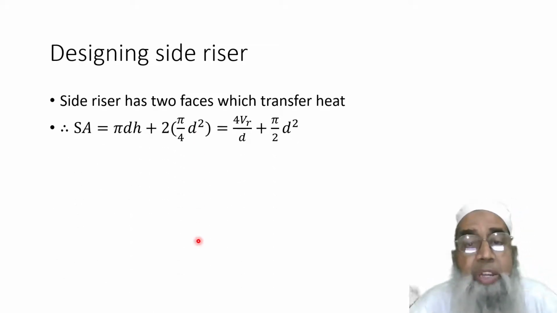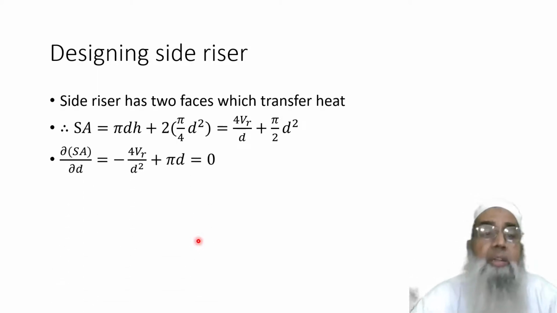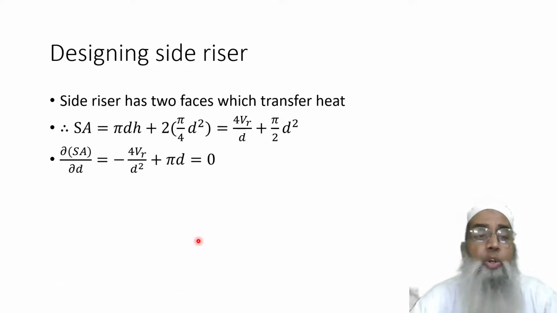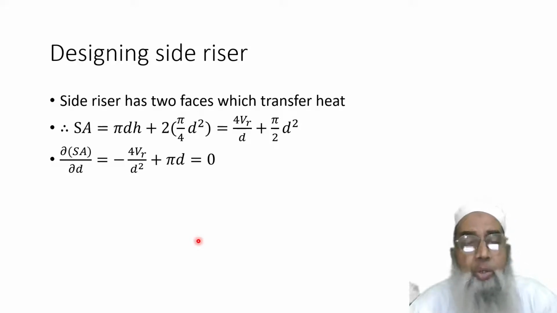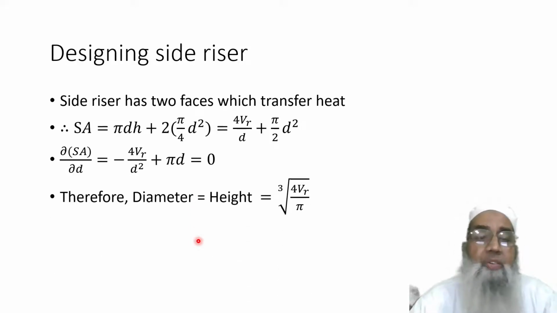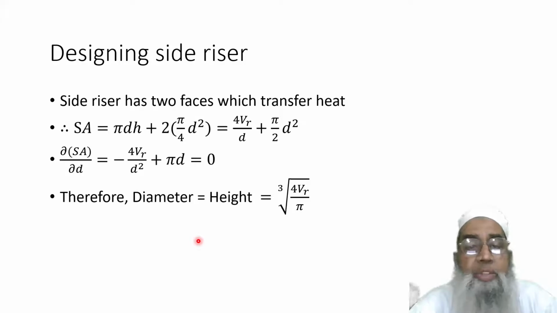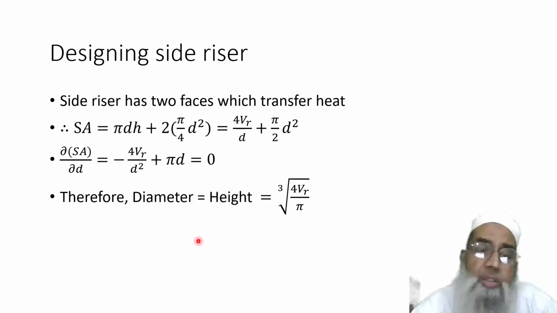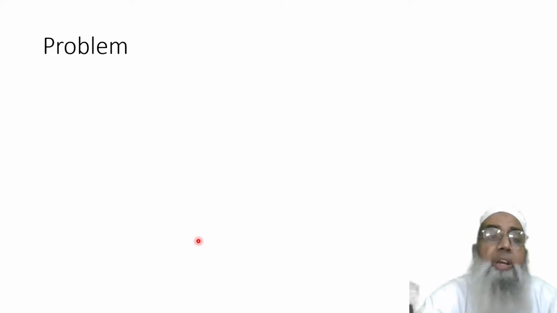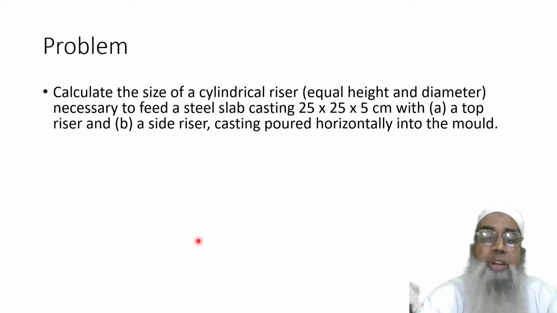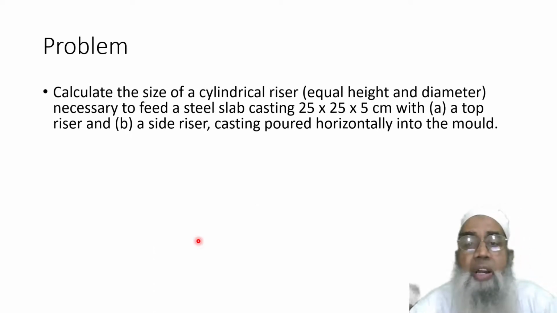Surface area can be given by this equation, and to have an optimum value, we differentiate it with respect to D and equate it to 0, we can find out the value, and by putting this value into that equation, we can find out that the diameter is equal to the height and can be given by this particular equation. Now, let us solve a problem to design a cylindrical riser